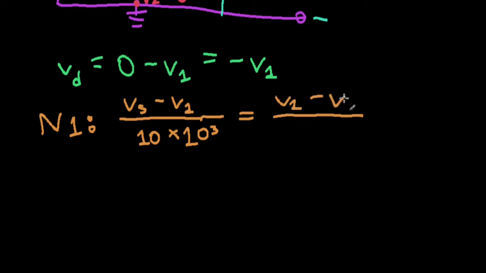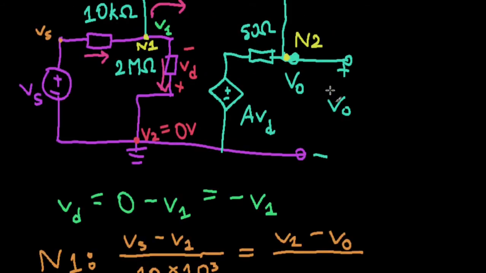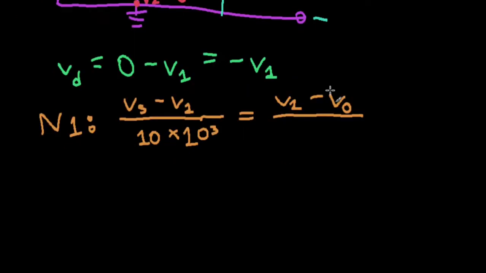I'm sorry if I ever said that this is V naught. This is not V naught, this is V sub O, for output. So V1 minus VO divided by 20 times 10 to the 3,